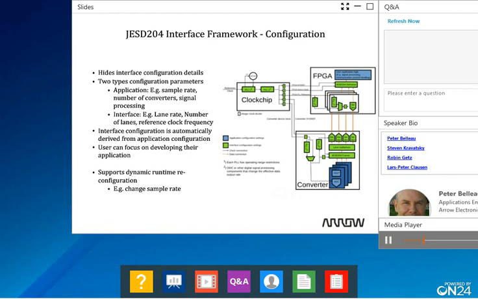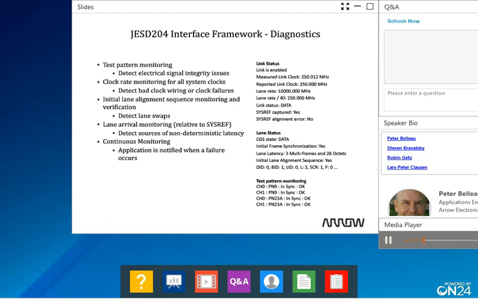One major issue when setting up or designing a new JESD204 converter system can be figuring out why things are not working when they are not working. Hardware component or layout issues or misconfiguration of any of the many configuration parameters can cause the JESD link to fail completely or to produce only garbled and incorrect data. Having to manually identify the source of the problem can be a long, tedious and difficult task. Or maybe there are even multiple problem sources, in which case this can become especially difficult.